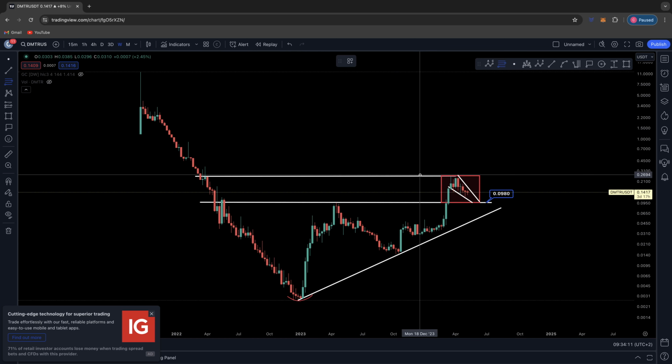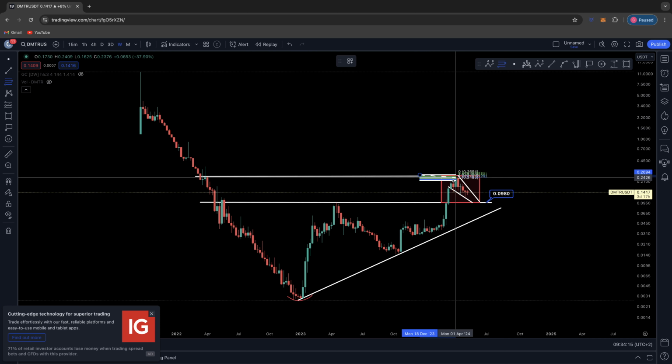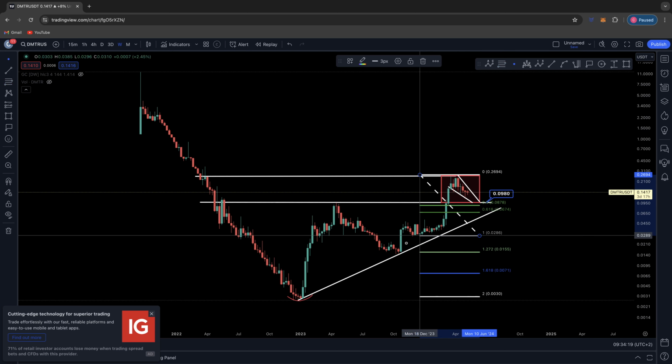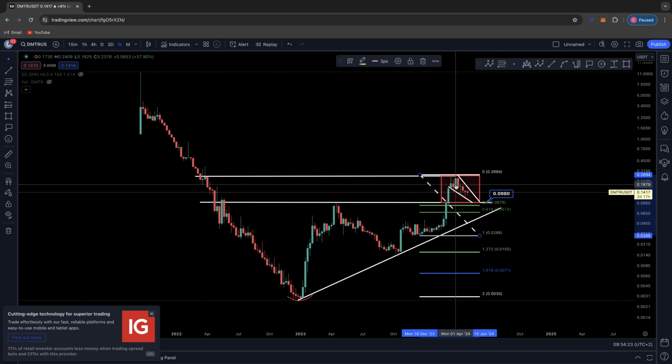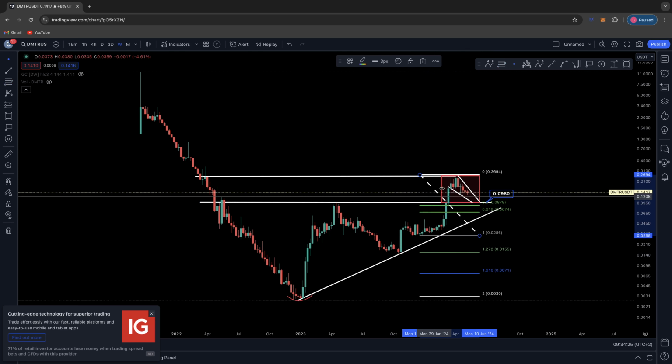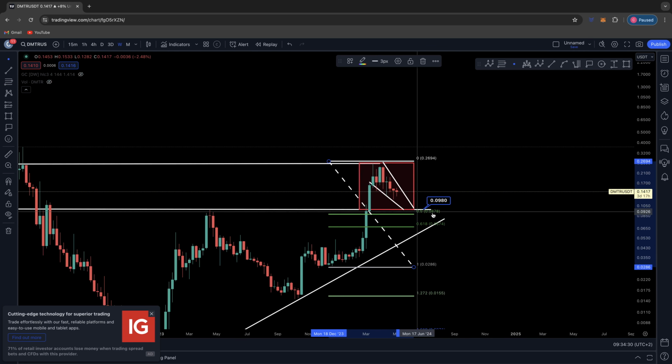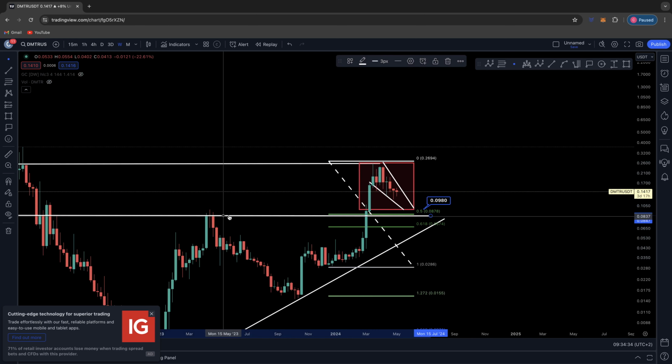we get a fib on, sorry, from this local high going back down to our last small accumulation range, where we came up, accumulated for a few months and then broke out. Retracing back to this low from this high, you can see that the 0.5 sits just underneath this support line. In fact, I believe the 0.5 ties up very closely with these candle closes. And that's at a price of